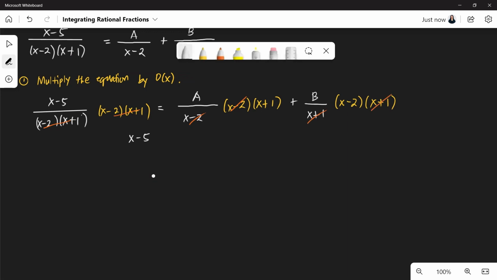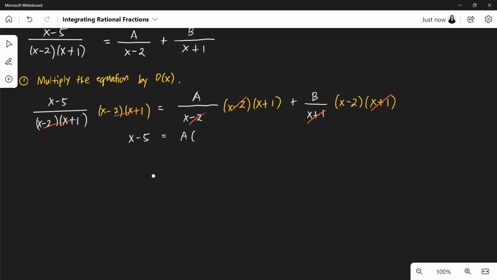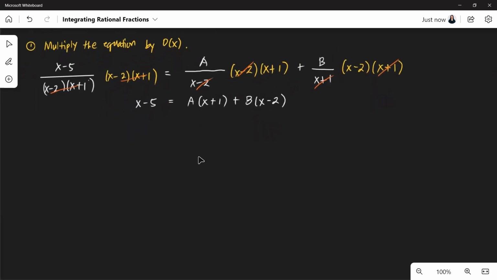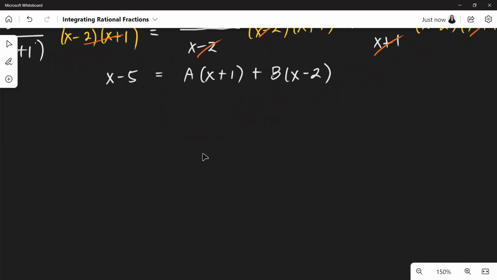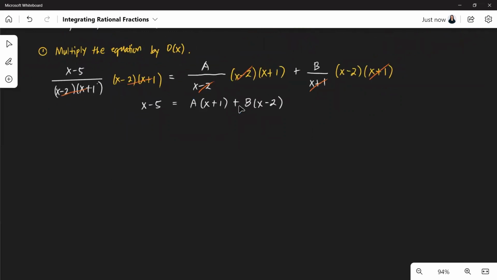So the result would be a times x plus 1, which is now a polynomial and not a ratio of polynomials, plus b times x minus 2. So this is the equation that we need to use for solving A and B. Since the result is a linear equation, we can assign a value to x such that this x plus 1 becomes 0 so that this term will be cancelled out